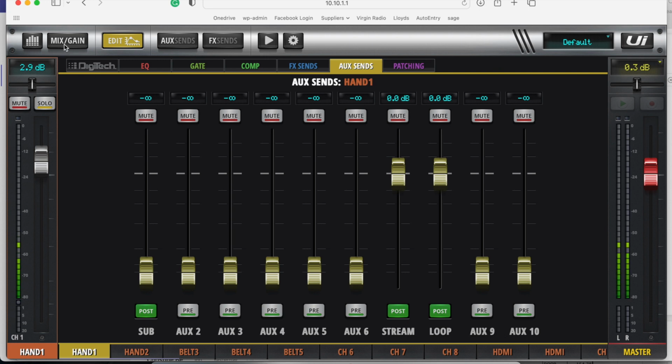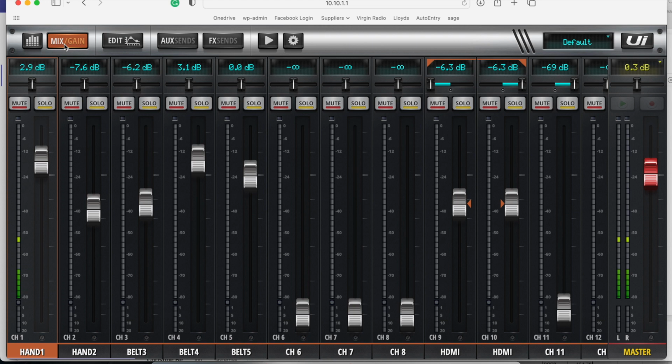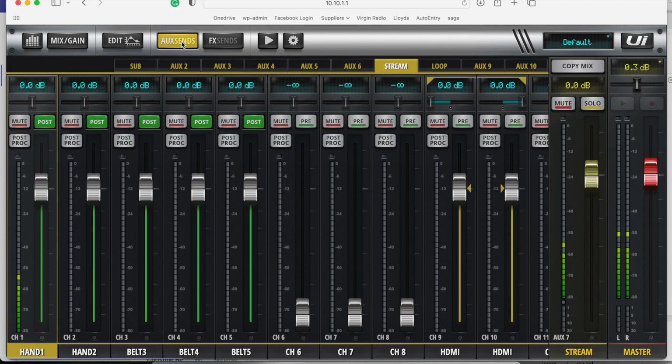Now if we go to the mix and gain page again, where we can see all of our input channels, then we can go to auxiliary sends and we can see which of our inputs are going out to which of our outputs. So here we're looking at the stream output to the video streaming. If this church was streaming to YouTube,